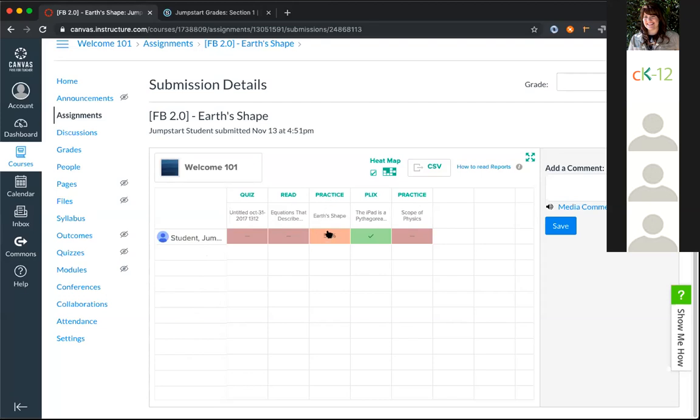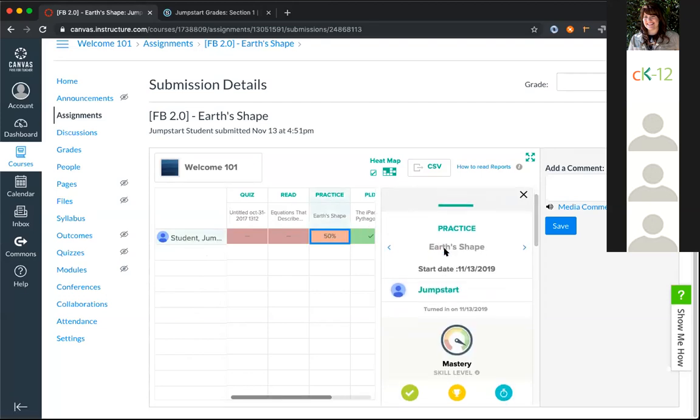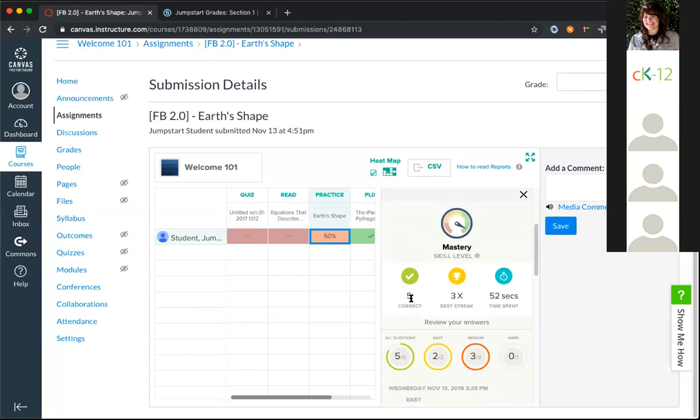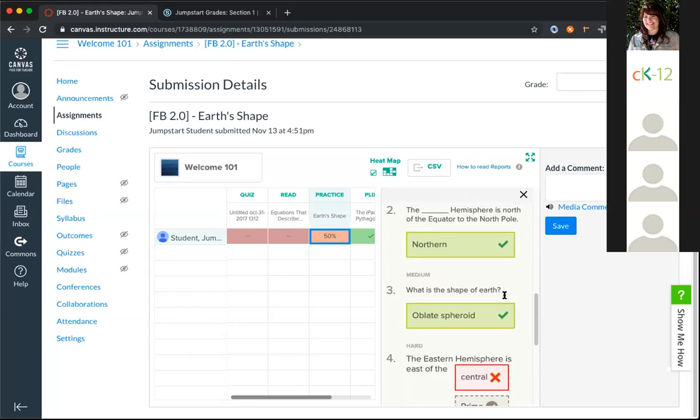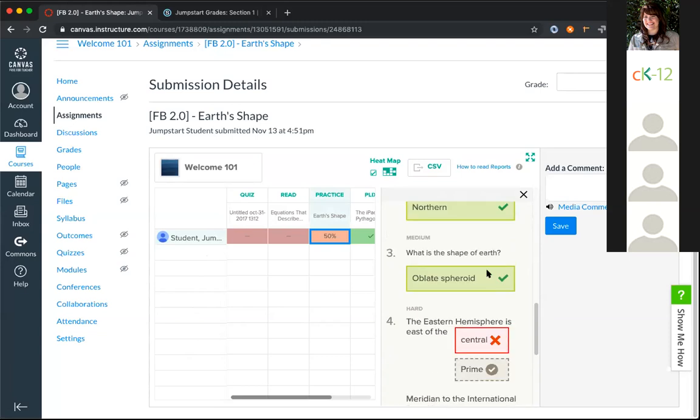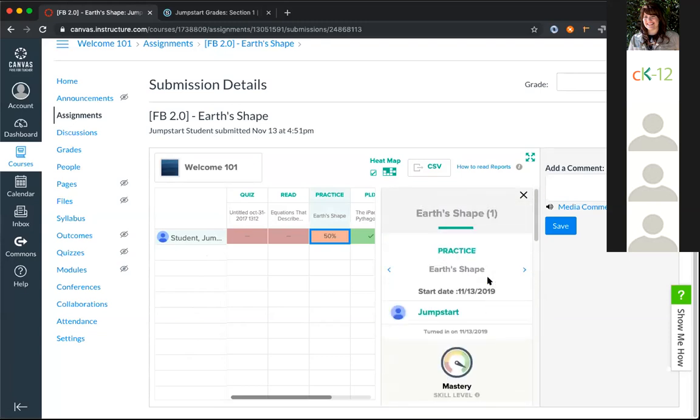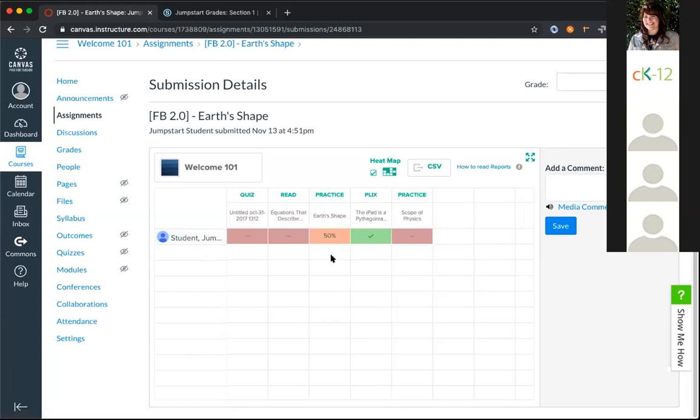So here's the practice that we did. If I click on that, it gives you the report for that student. If I scroll down, you can see the attempts, what I got right, what I got wrong, etc. So that's something that we have for Canvas.